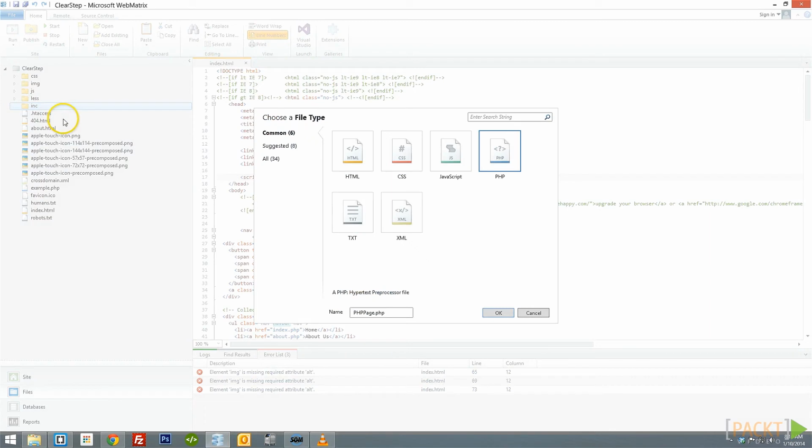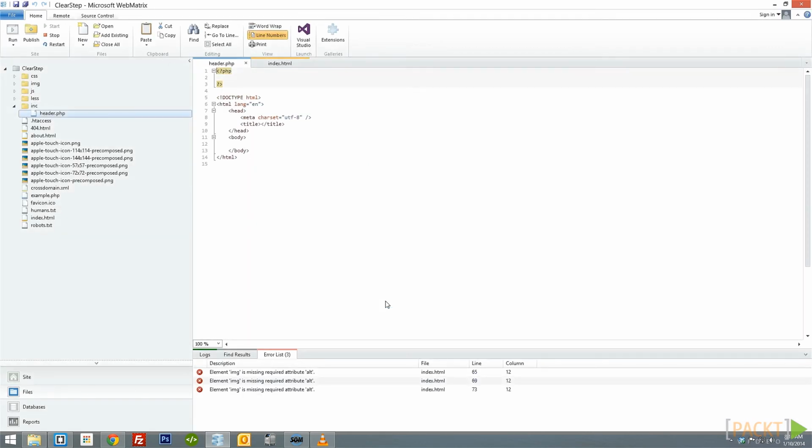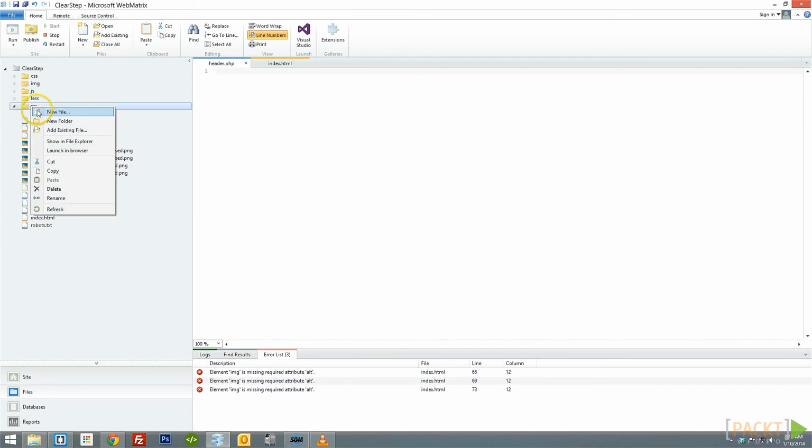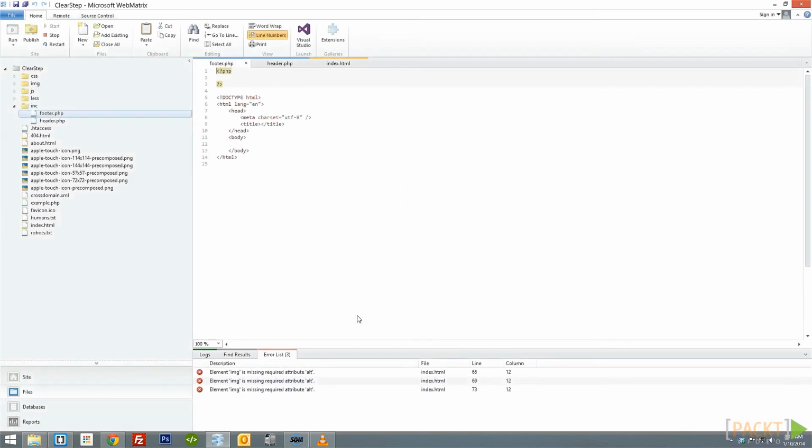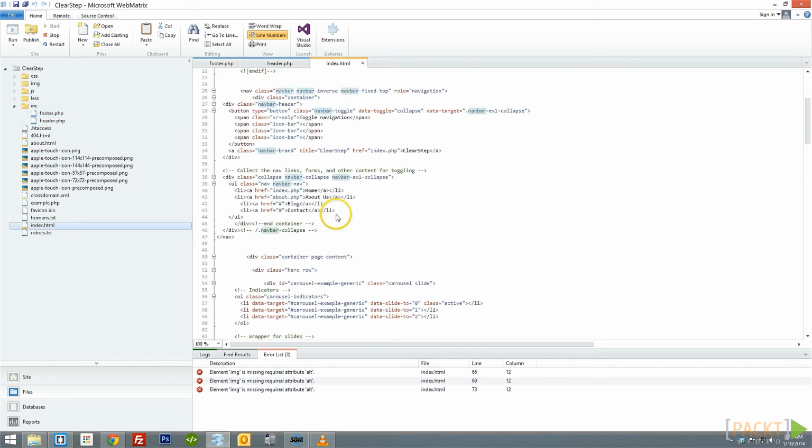But in this case, we're just going to create a PHP file and name it header.php. All of this can be erased. And then we'll also create another include file, name that footer.php. Looks like I already got the extension, okay. And we'll delete that. So we need to go and grab the portions of our markup that include our header